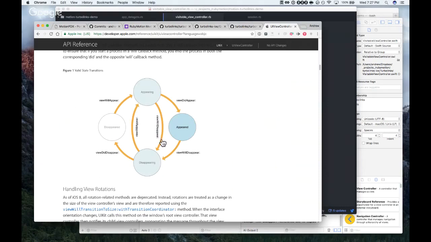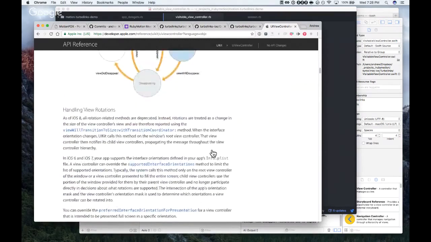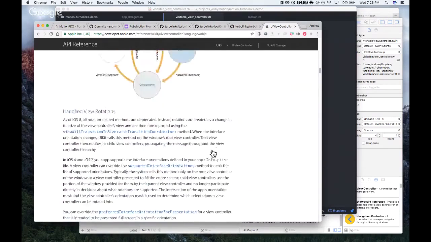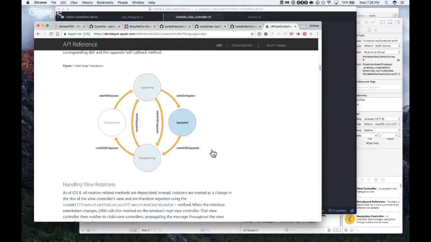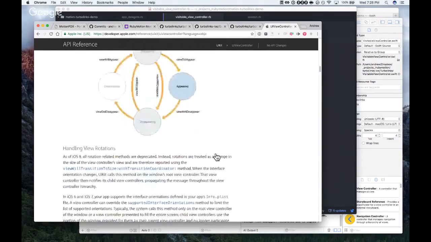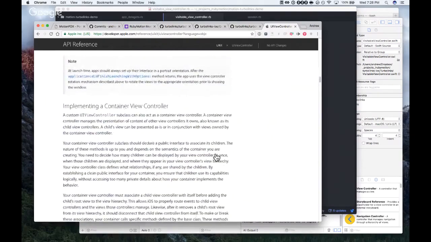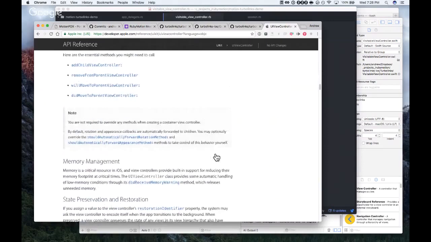View will appear, view will disappear. I was expecting to see view did load in that, but I guess that's not the same thing. Handling view rotations, implementing a container view controller.